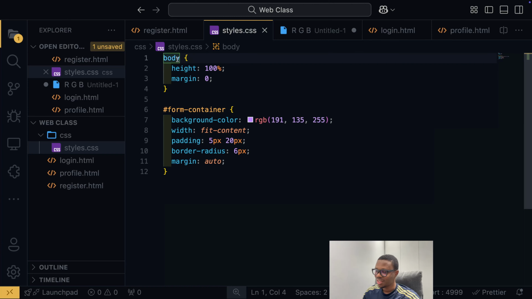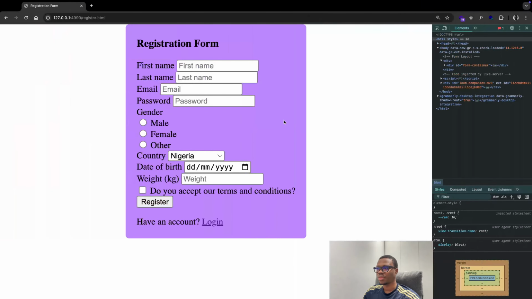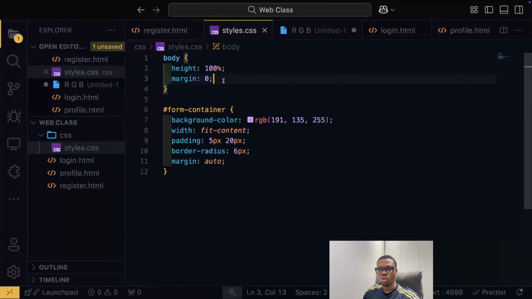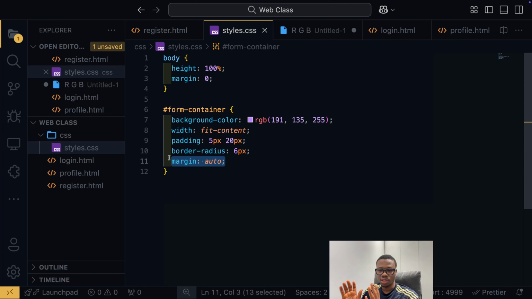So if we actually set the HTML element to 100%, we'll have our form not necessarily at the center, honestly speaking. You can't really trust margin auto to put your element at the center of the page. So that's one thing I wanted to mention. But either way,